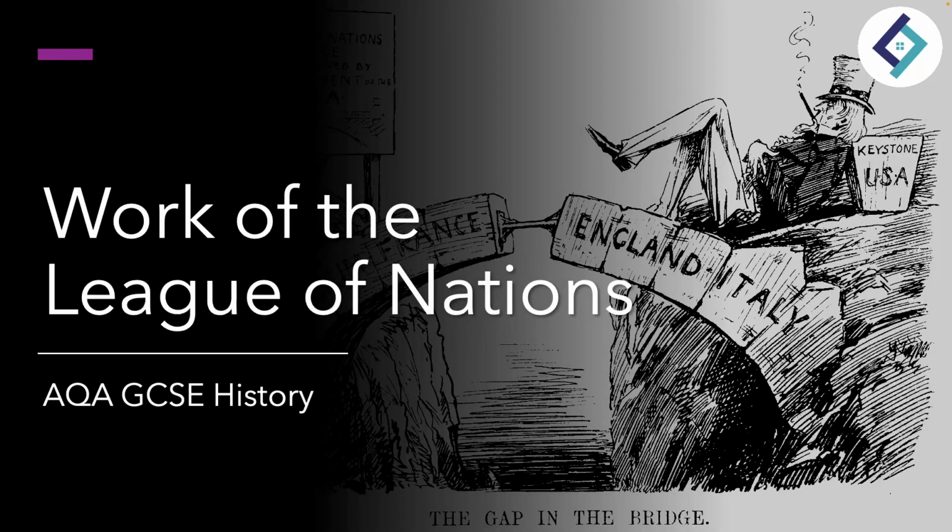Now that we've spent some time talking about all the various structural elements of the League of Nations and the variety of memberships and comings and goings of memberships, this lesson is going to spend some time talking about the work of the League of Nations in the 1920s. Specifically, we're going to focus on some of the peacekeeping and border dispute issues, as well as some of the humanitarian and social achievements, and then finally focus on some of the limitations and failures of the League of Nations, specifically in the 1920s.